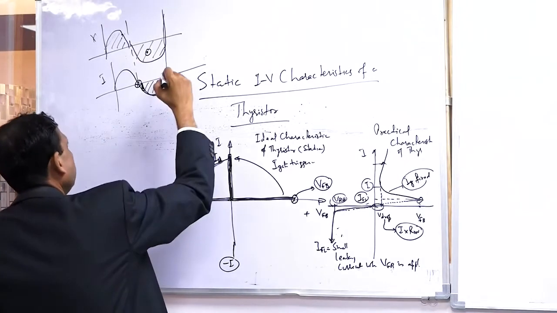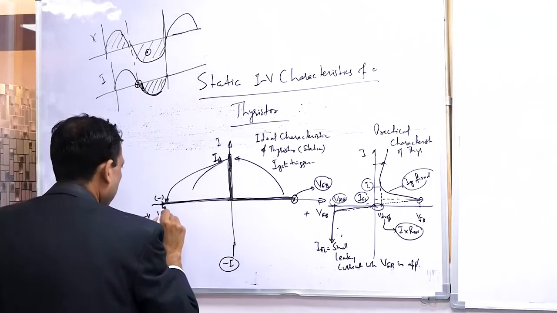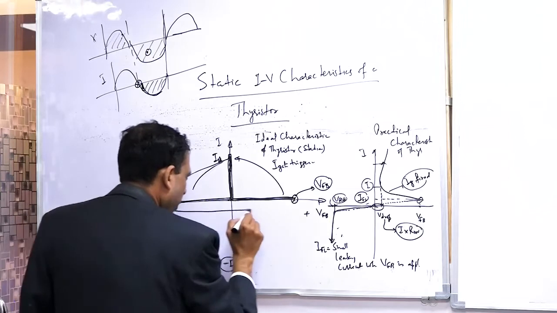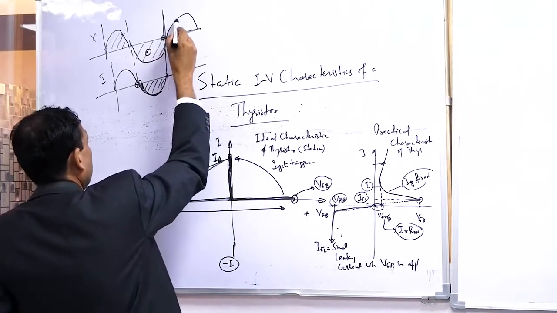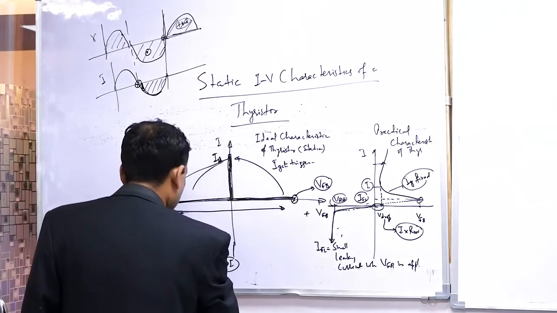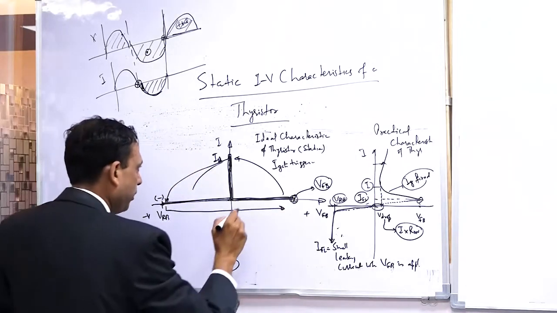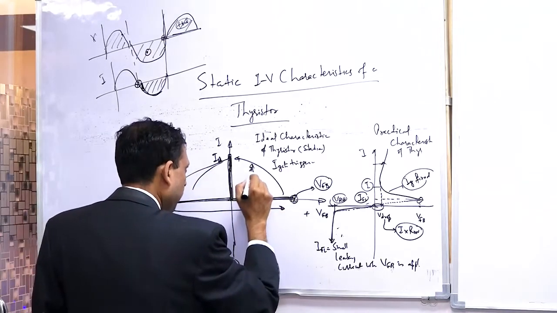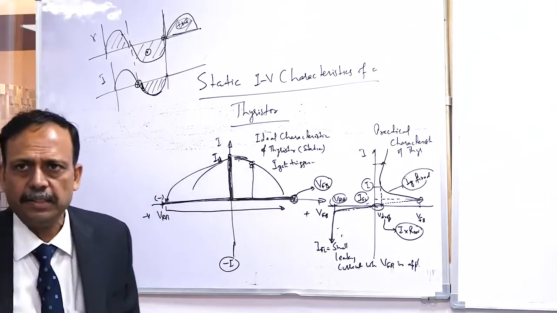Now, once again the next cycle of current happens, again this particular voltage will transition from this to this, positive voltage. Again we are going to the forward blocking condition. And this is the gate triggering. When we trigger this, the conduction takes place. Anyway, we are going to discuss this in detail.